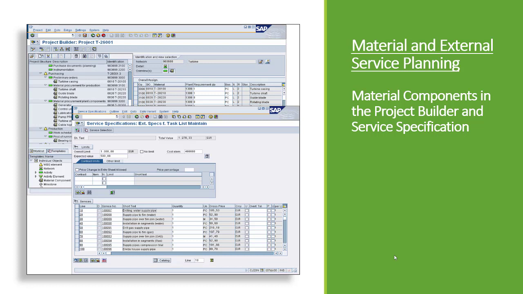Functions such as the project specific bills of material, bills of material transfer, the open catalog interfaces or integration to integrated product and process engineering, IPPE, help you to plan materials efficiently in project systems. In order to plan external services, you can directly use purchase info